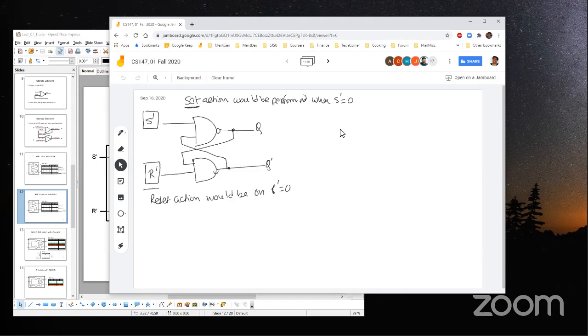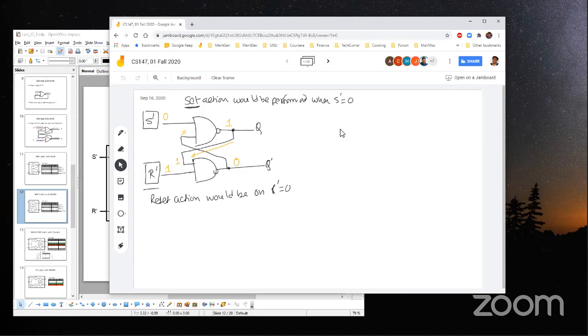So what happens here, if we have a 0 here and 1 here? At that point, this output will definitely be 1, because that's a deterministic logic on one input for the NAND gate. No matter what the other input is, we don't know what that logic is, but still it will make this output Q to 1. And then 1 and 1 will come here and make the other output 0.